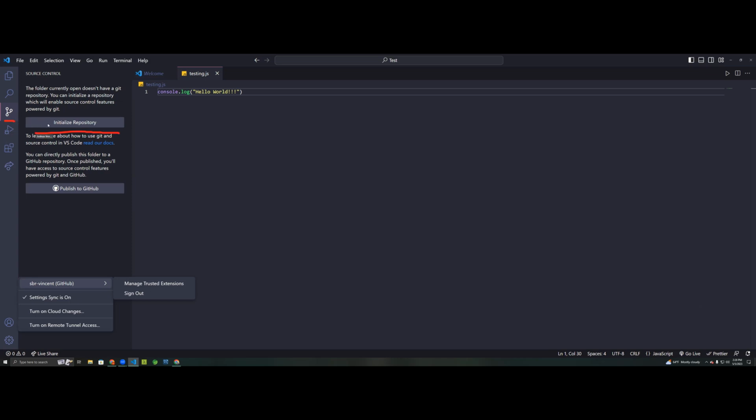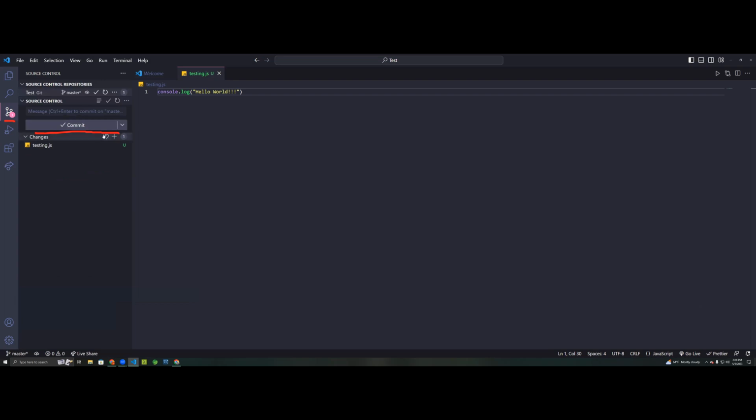So this is the process now of pushing this file online. Okay, so this is the initialization of this process. So you want to click that button. And then you're going to want to write a message in this area above the button commit. A good message for your first commit is initial commit. Once you've typed in your message, you can press the plus sign button there to stage all your changes. So that means that you've moved all your changes, that you got your changes ready. I don't even think you have to do that. If you just click the commit button,